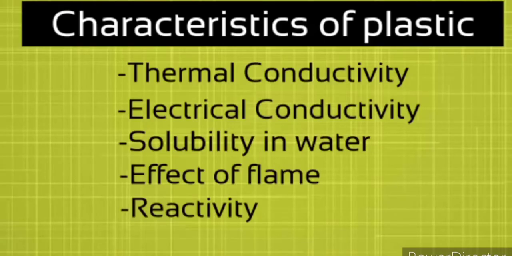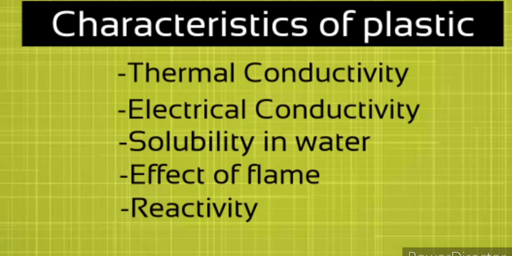But when we talk about plastic, what are the common uses of plastic? Everywhere we see it. They can be very hard things also, like the fridge and the ACs. We have so many things, and the bottles we have are all made of plastic. Or we can see polythene bags made of plastic. So plastic has a widespread use in our human life. Is it clear? Next we have the characteristics of plastic.